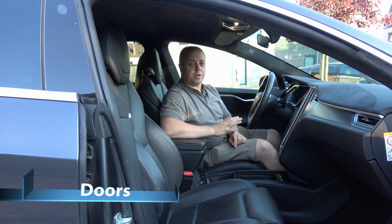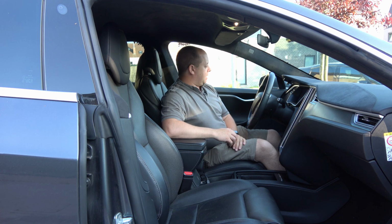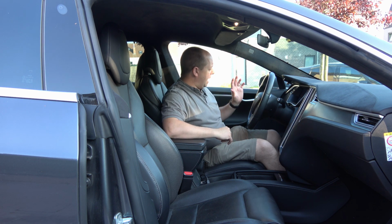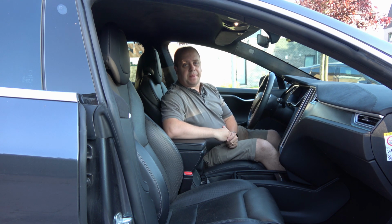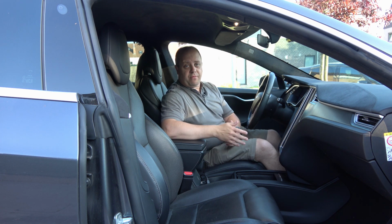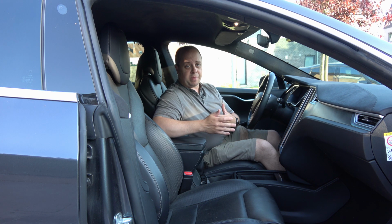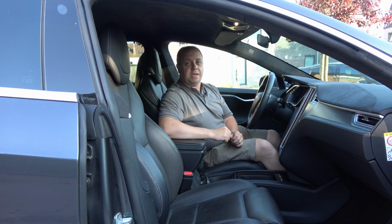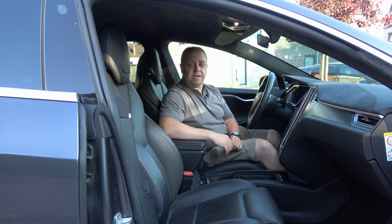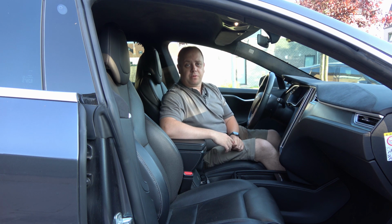Now moving on to the doors and the door panels. So I mentioned they were already replaced upon delivery, but each and every door panel in the car has come loose at one point or another, and they had to do the clips on them to get them shut, because otherwise the door was rattling when you closed it. It was rattling on a rough road, and it was just an unbearable noise at that point. So they didn't replace the door panels, but they did replace the clips, and basically they had to do that on all 4 doors. Also, lately I was having issues with the rear left window, and that was opening for